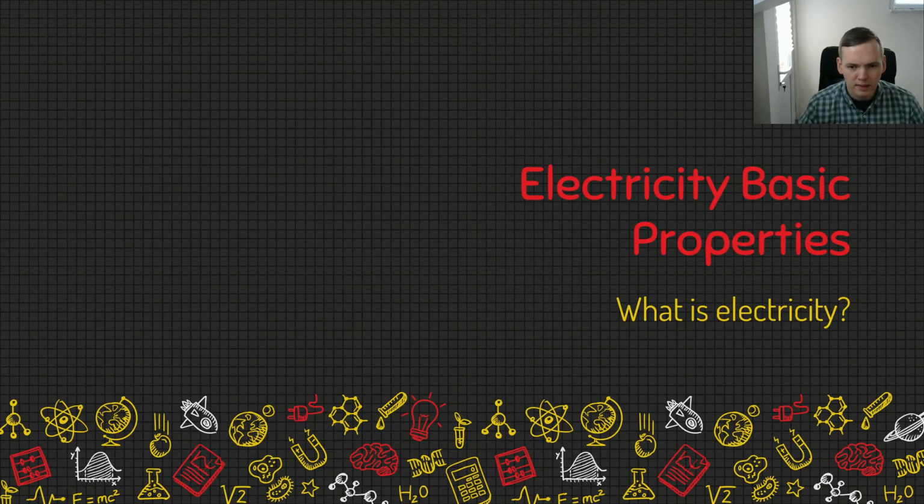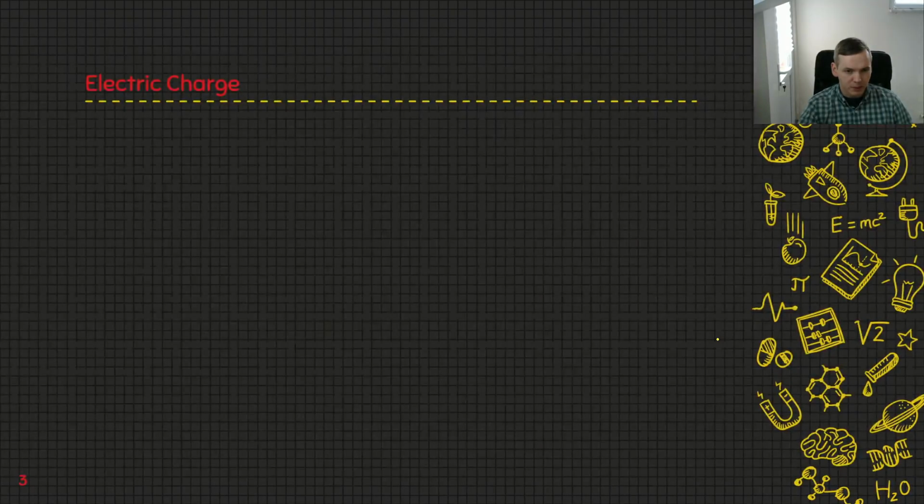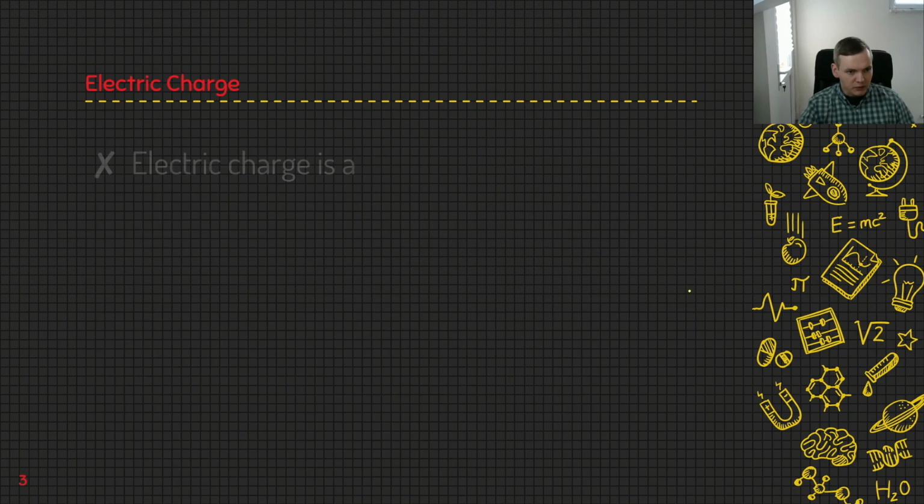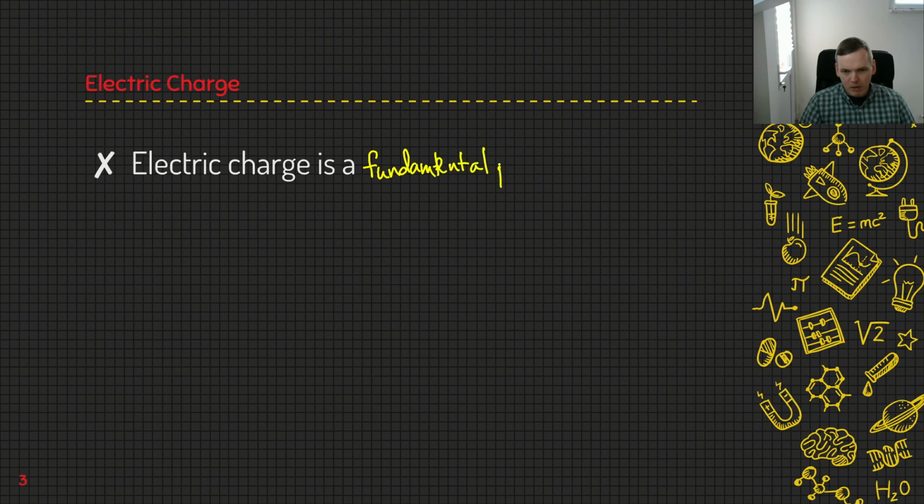Hi folks, we're going to talk about the basics of electricity in this video, and so we're answering this core question of what is electricity. First we want to talk about electric charge. Electric charge is a fundamental property of matter. This means that, like mass or other things, it's something that things have,